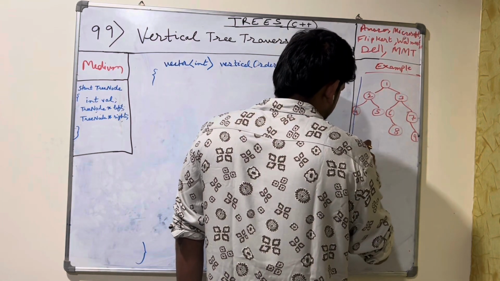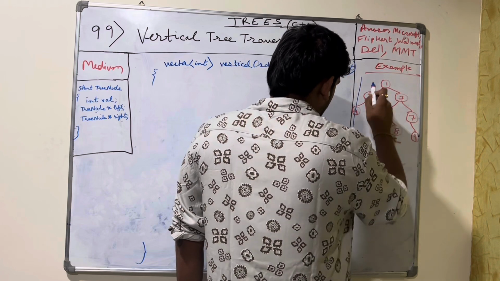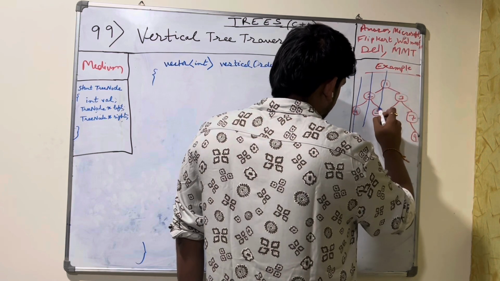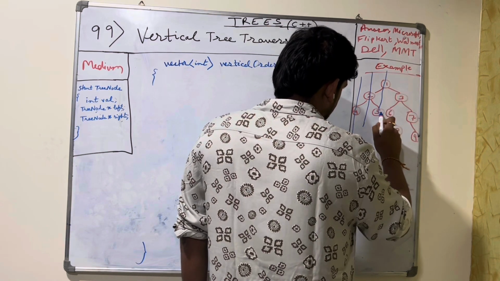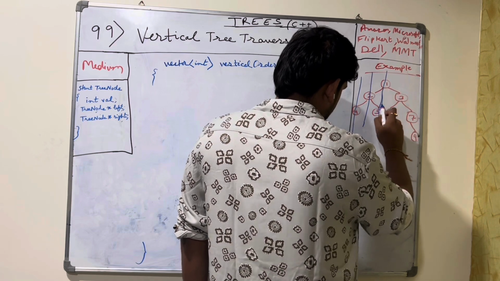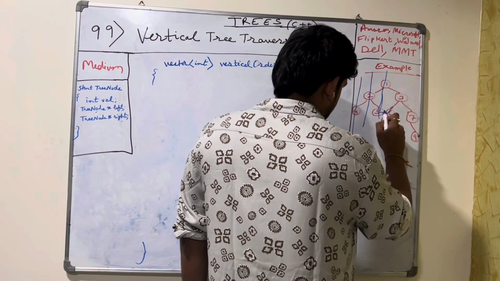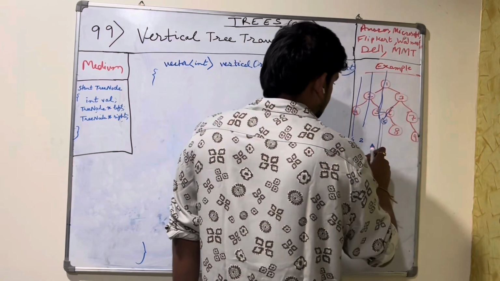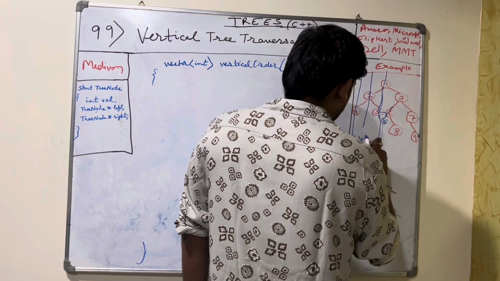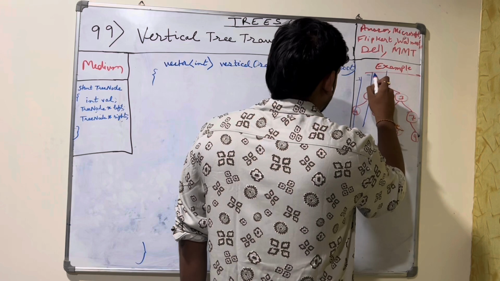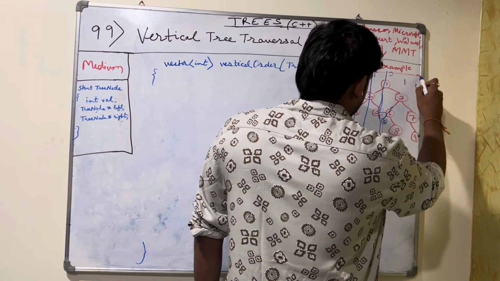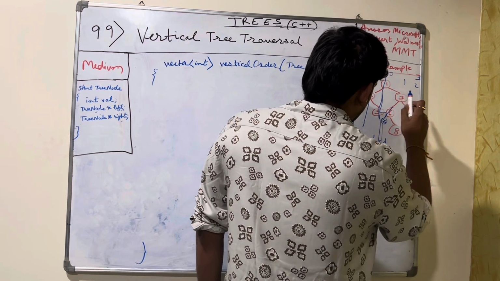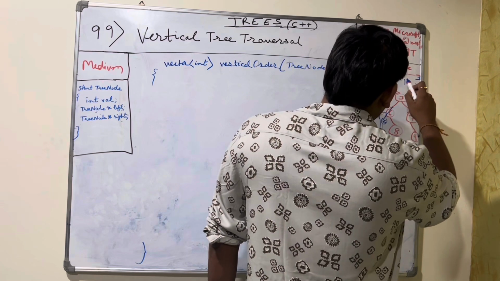So here vertically we see, okay, 4 we have got, and now here we have got 2. In this vertical order we have got, so this 6 will be part of this. This 6 comes here, so this is in the same line, right? I discussed the integer number line. So in this one we have 4, this is minus 2 index, minus 1 index, this is 0 index, this is 1 index, this is 2 index, this is 3 index. Okay. So at minus 2 we have 4, then 2, then at 0 we have 1, 5, 6,